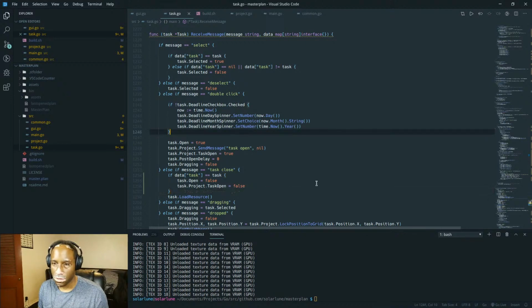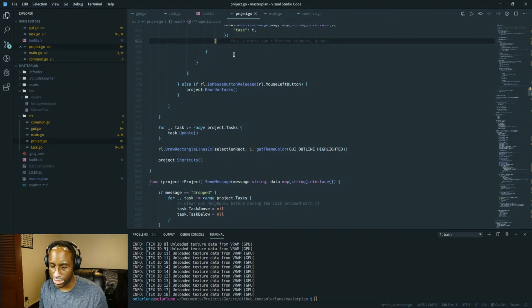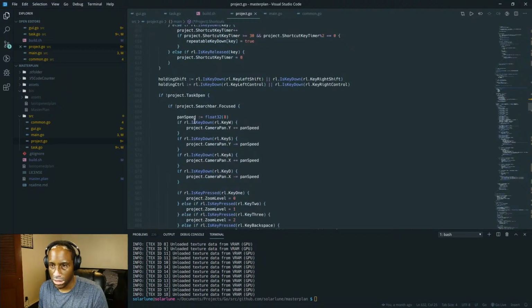Okay, cool. So this should work now. So we have task close. Now we have project. This will be a shortcut. There's a shortcuts function that basically handles all the shortcuts.